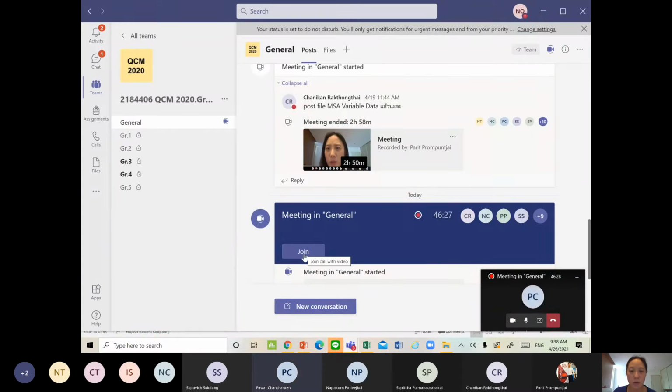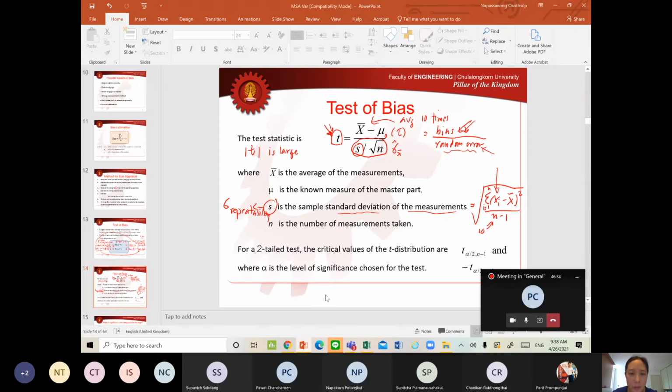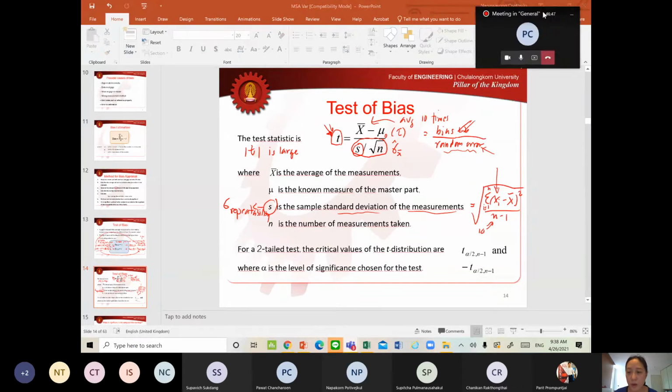ยังเห็นสไลด์อยู่ครับอาจารย์ ยังเห็นเหรอคะ ทำไมหน้าจออาจารย์มันหายไปล่ะ เห็นอยู่นะคะ ขอบคุณค่ะ PowerPoint นะ เห็นอยู่ครับ โอเค good